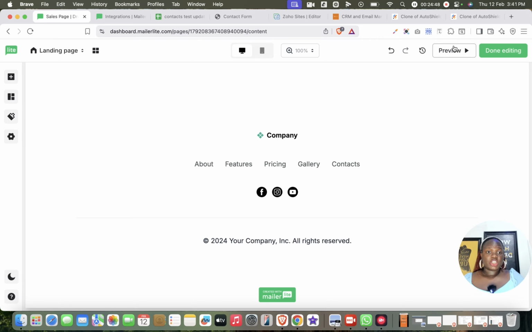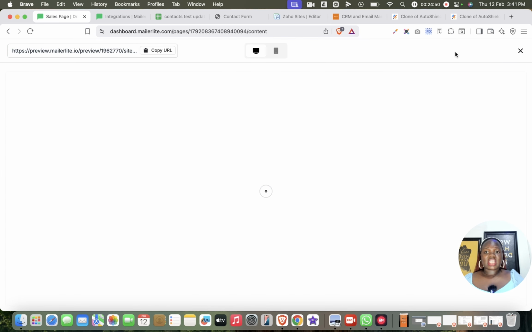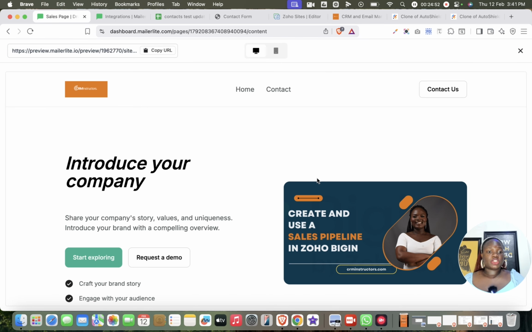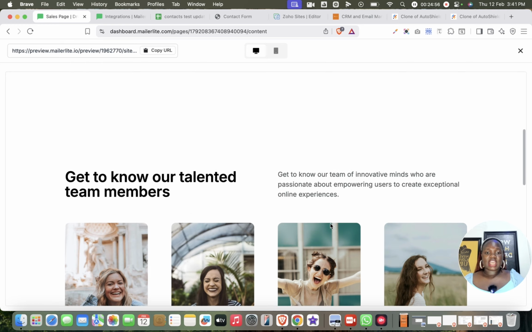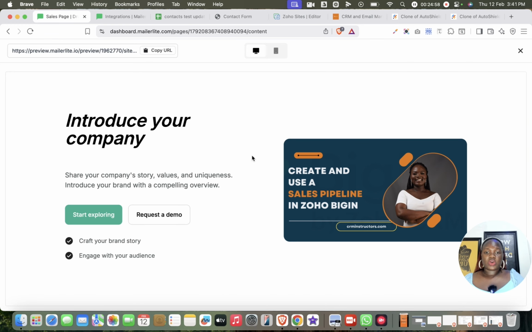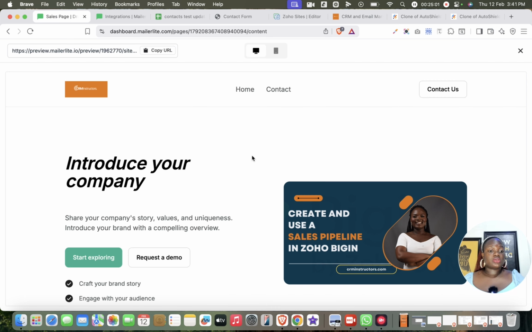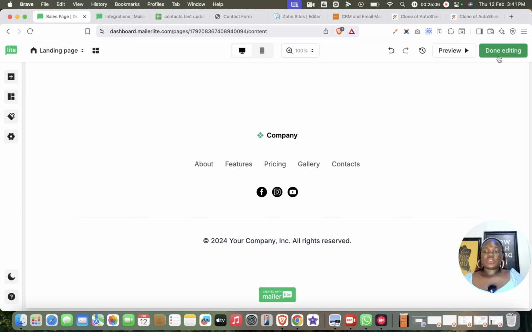Okay, so that is added, and after making sure that you've added in all of the widgets you need for your landing page, you can then preview to see how this landing page is going to look. So now this is our landing page, and all of this has been added. Just make sure that you correct everything and make sure that everything is ready to go before you click on publish. So when you are done editing,